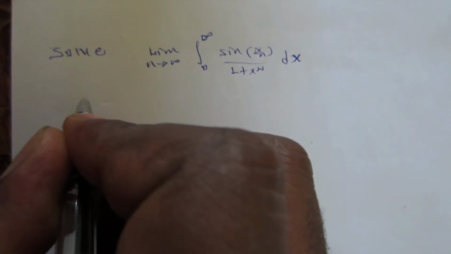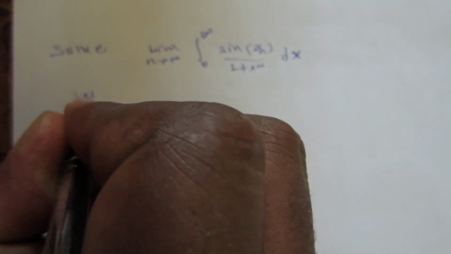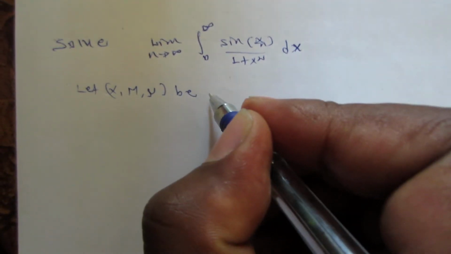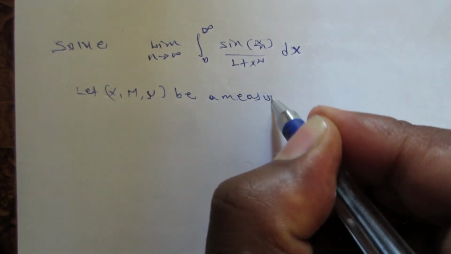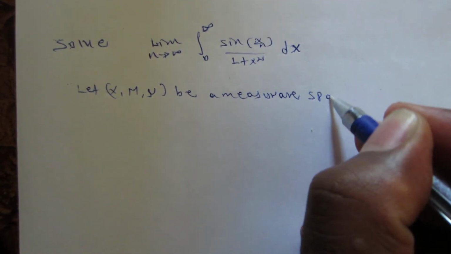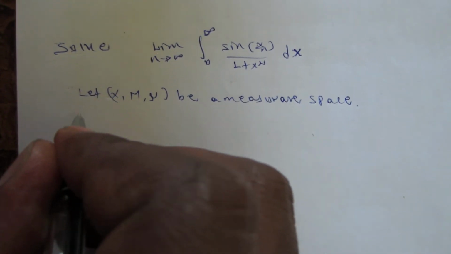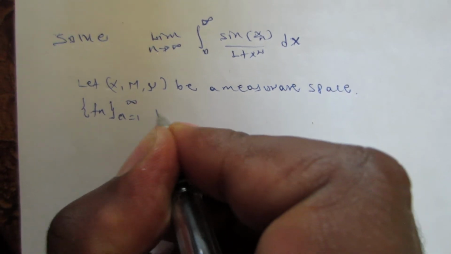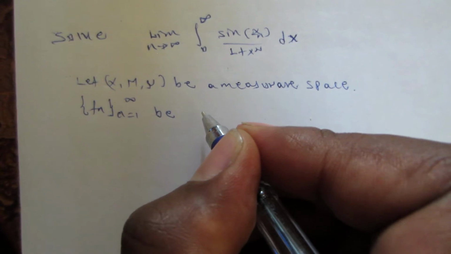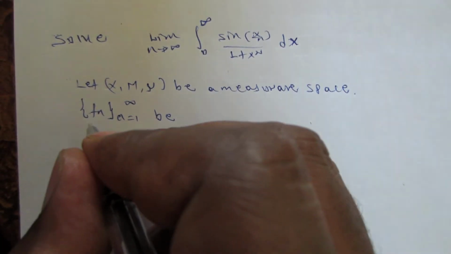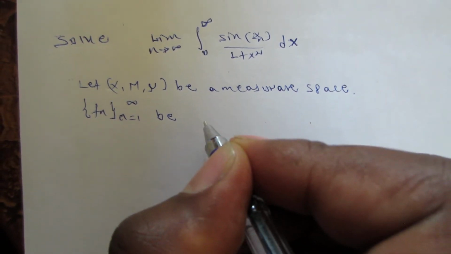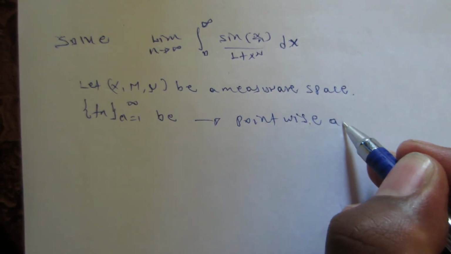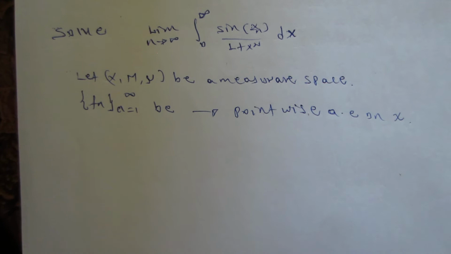Let (X, M, mu) be a measure space, and let the sequence f_n, n running from 1 up to infinity, be a sequence of non-negative measurable functions. This sequence of non-negative measurable functions also converges pointwise almost everywhere on X. Then